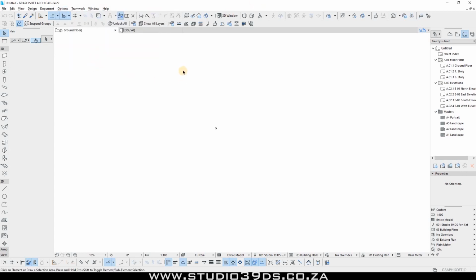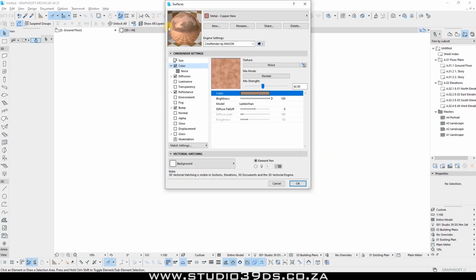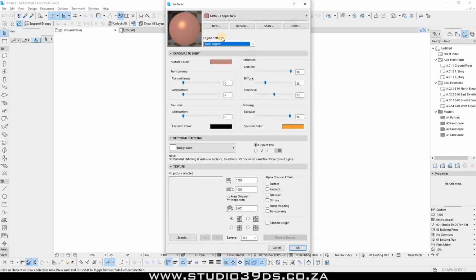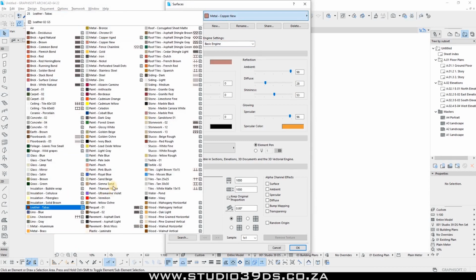That's how you open the editing area, or you can just click on the surfaces icon, the paintbrush on the attributes panel, which is currently open. So what you want to do first, before we continue, I'd like to explain a couple of things to you. There's a number of surfaces here which are preloaded with ArchiCAD when you get it,